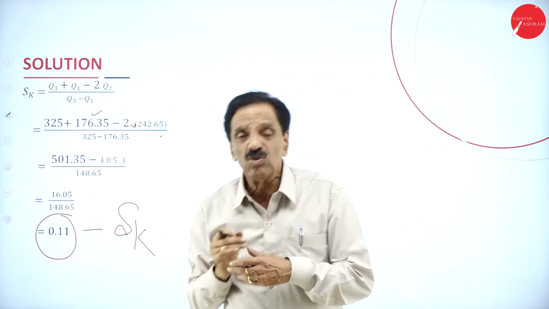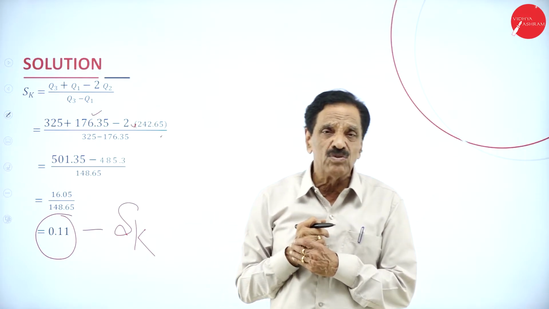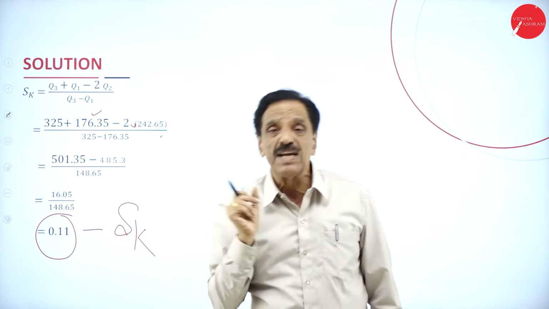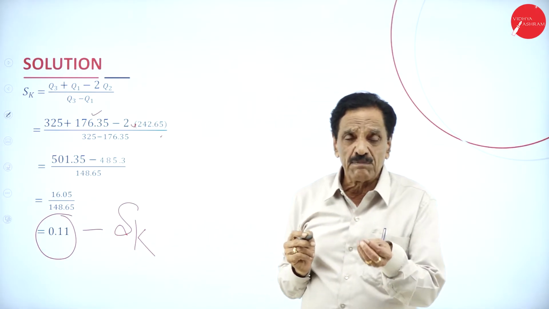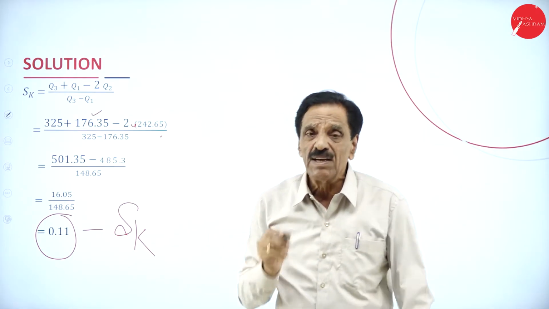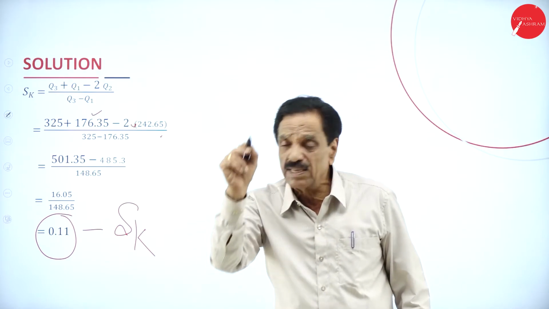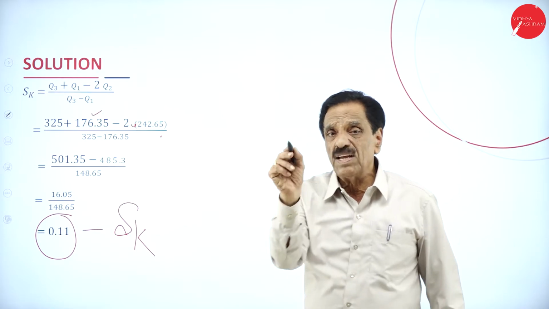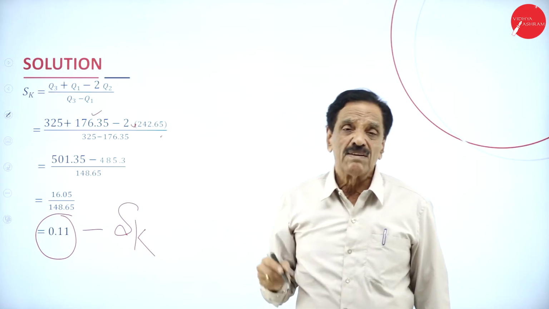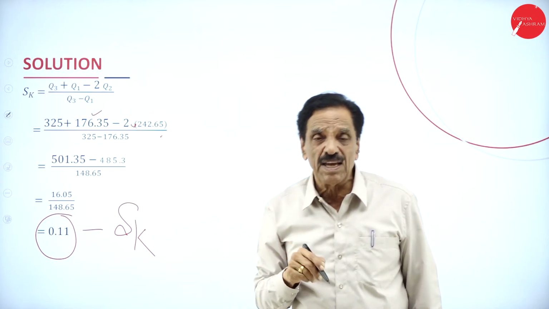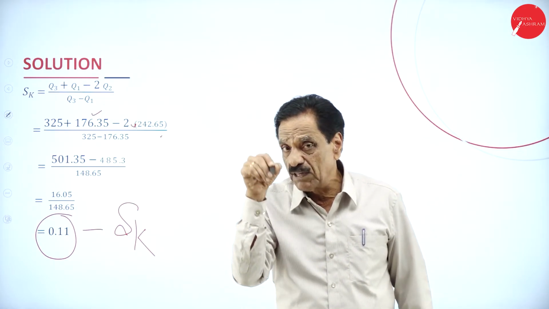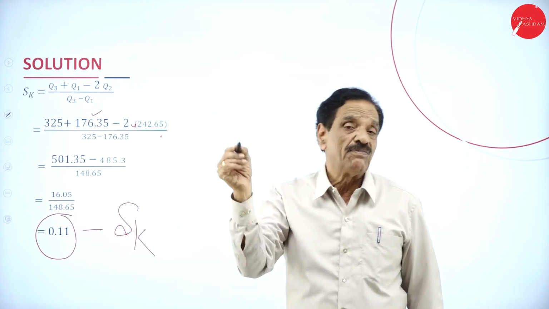Then go to Q2. What is Q2? It is n by 2. Find out n by 2. N is the number of frequency, in cumulative frequency. Apply the formula. Q2 is equal to L1 plus n by 2 minus CF over F into C. Then go to Q3. Q3 is 3 into n by 4. Then find out 3n by 4 in the CF. Then apply the formula. Q3 is equal to L1 plus 3n by 4 minus CF over F into C.